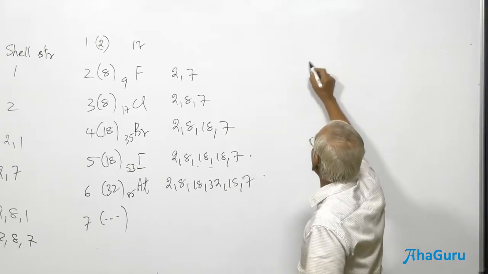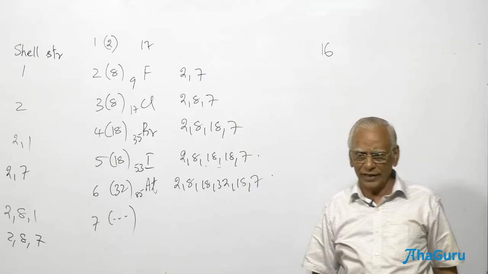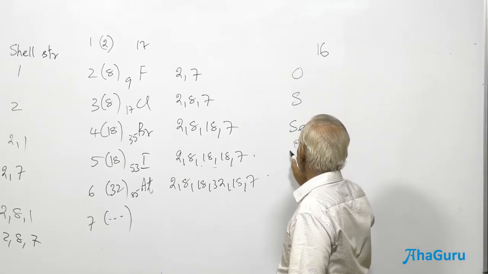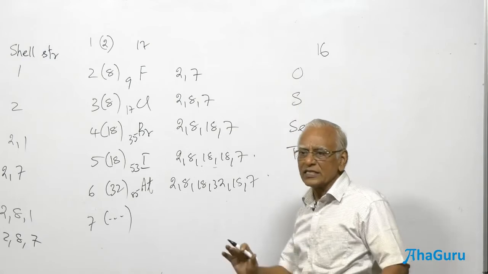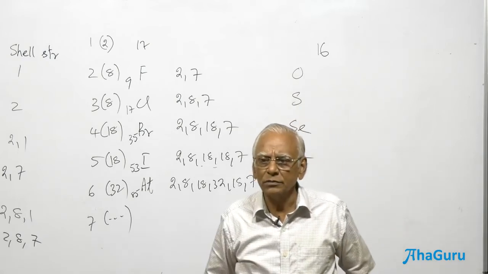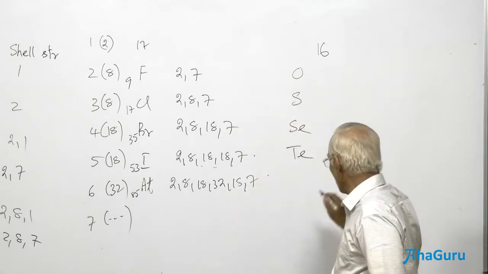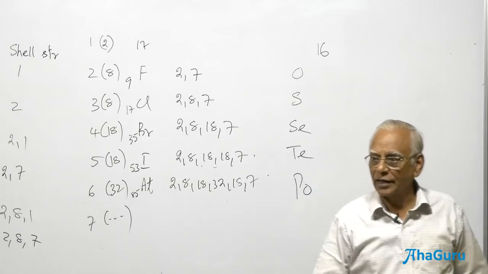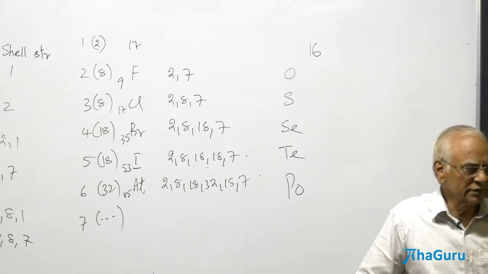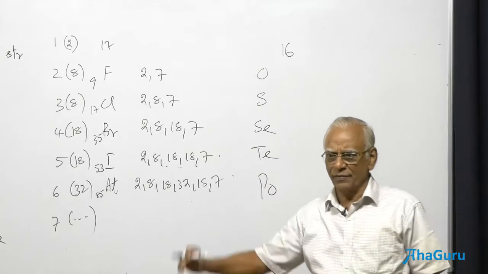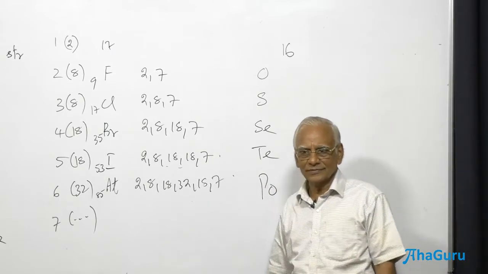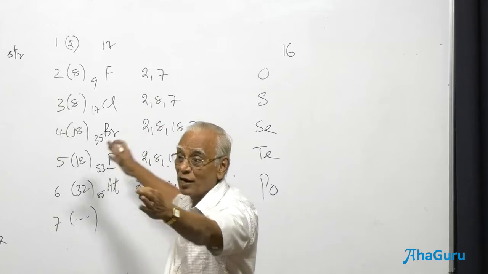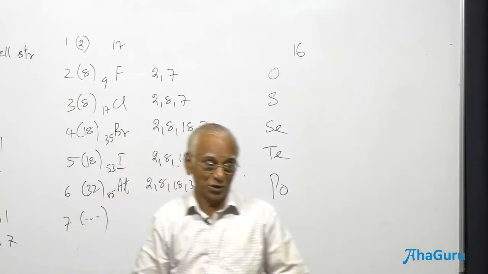Shall we write the electronic configuration of group 16 elements without knowing the atomic number? Oxygen, sulfur, selenium, tellurium. Now let us practice the atomic number also. Please write the atomic number. Polonium is going to be the radioactive element in the last period. Let's see how many of you are able to write the atomic number. Learning the concept is there, application of the concept is more important. This is what is being asked in the examination.